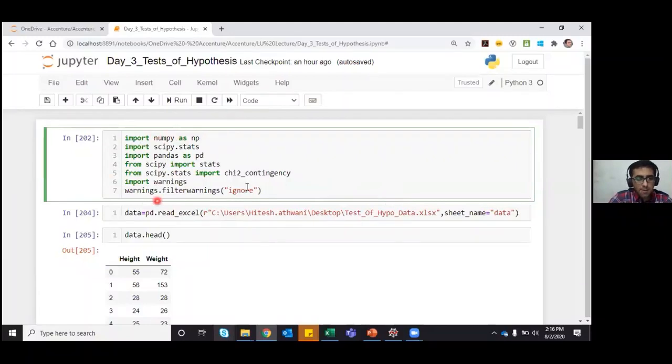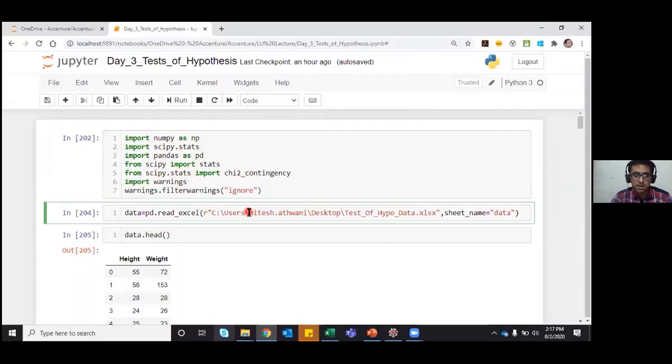As I mentioned yesterday, it's a very good practice to write all the libraries at the start of the code itself. In my present code, I have used NumPy, SciPy.stats, and Pandas, and these will cover all the tests that we need in our testing of hypothesis. Whether it's the Kolmogorov-Smirnov test or the Shapiro-Wilk test, all these tests come in the SciPy.stats library. Everything is comprised inside SciPy.stats, so it will be very easy for you to know these things and apply them.